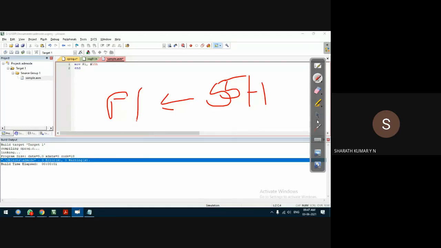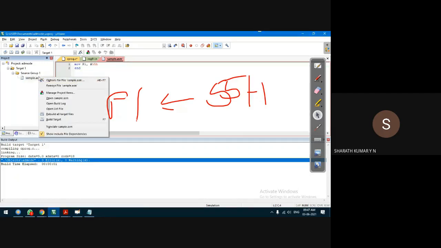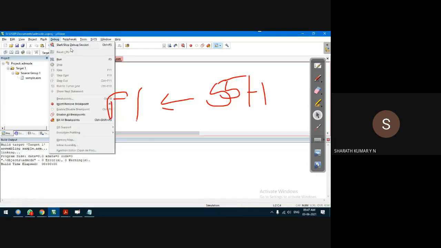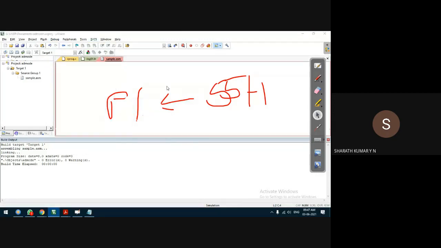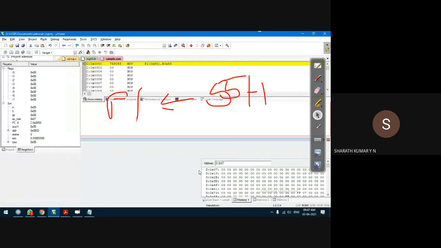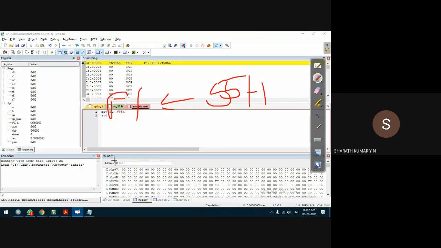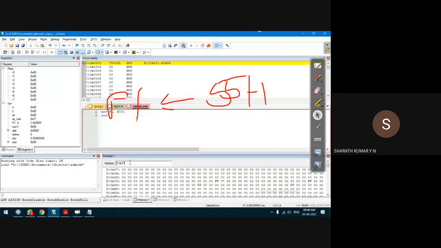Okay, how to watch or observe this? Let us get some clarity on this. Save the program. Check for syntax errors. Okay, things are good. There is nothing wrong in the program. Debug, start session. Now how to observe? See, how do we observe a memory location, guys? We used to open a memory window. You can see that memory window here. We used to go to that location, for example D, that is D for data memory. The port P1 is stored at the location 90H. So we'll go to internal memory.